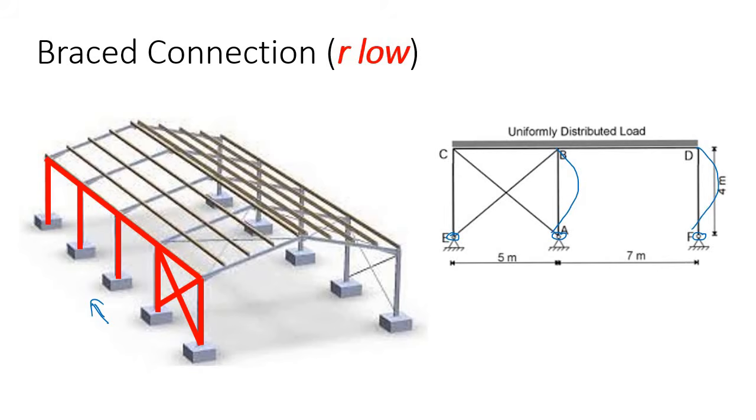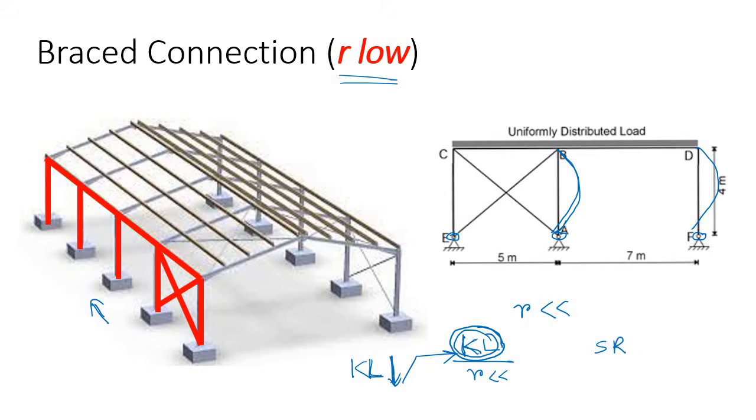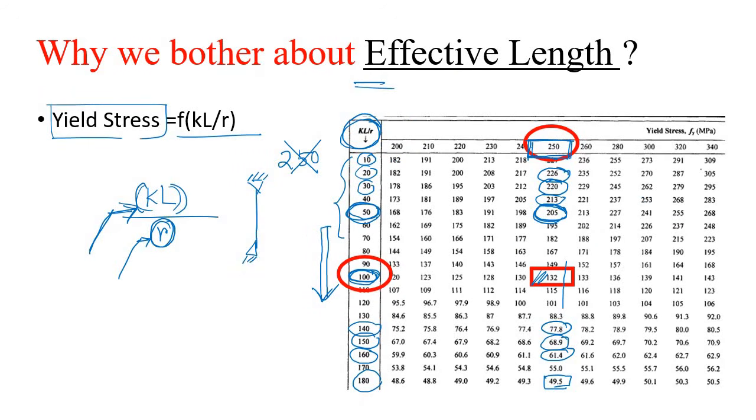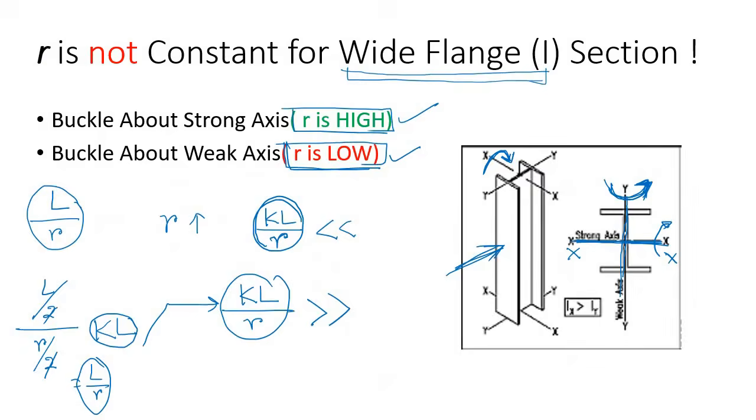Now the problem is here the radius of gyration is very low because the column is buckling about the minor axis. So to maintain a lesser value of slenderness ratio, what can we do? We can reduce this KL or the effective length. Why? The R is already less. If we reduce this KL or the effective length, in that case the slenderness ratio will be on the lower side and we can have a higher level of stress. So how can we reduce